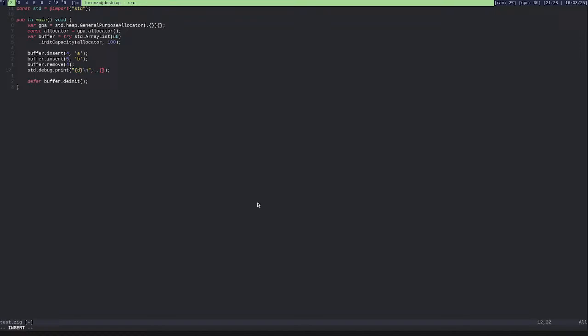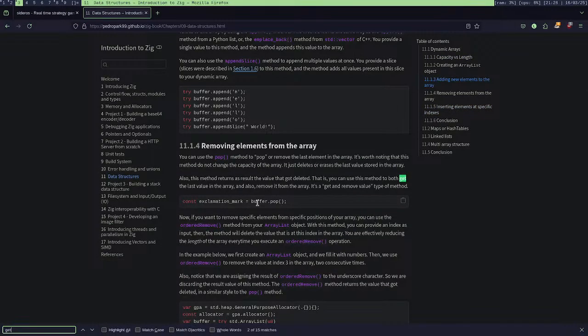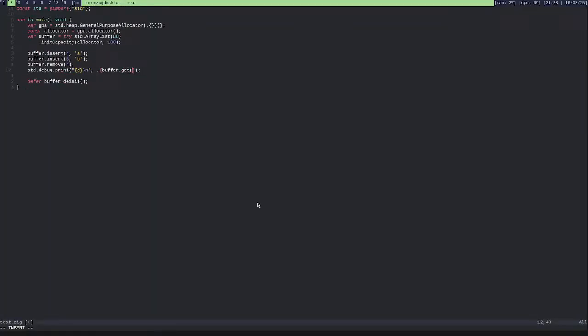I will print buffer dot, and is there some kind of get? Yeah, okay, get 4. Let's see what happens.